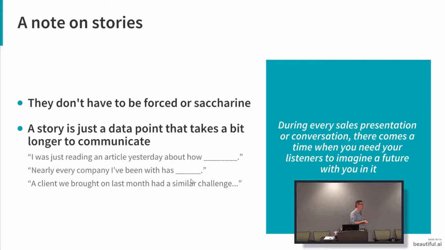if you're doing an internal one, that nearly every company I've worked with has done blank. So if I, for example, am trying to transition our company to doing pay grades or pay scales, I would say basically every company that I've researched and every company that I've worked with that's gone over 200 employees has to incorporate these for scalability and blah, blah, blah. That's a story. I was just going to say, in CSM land, saying like my other clients of a similar